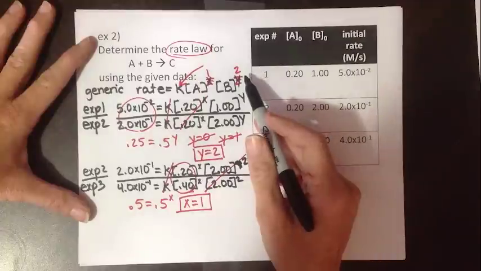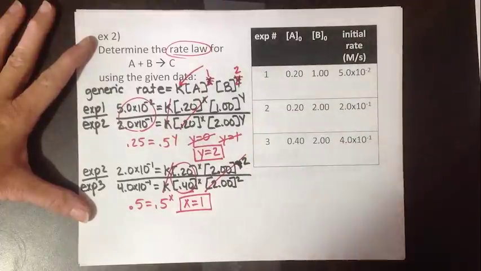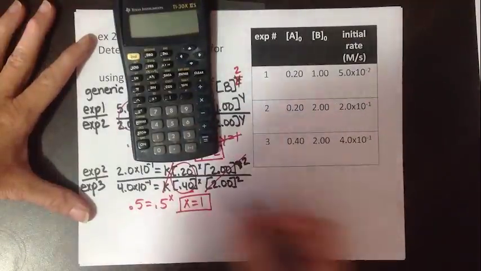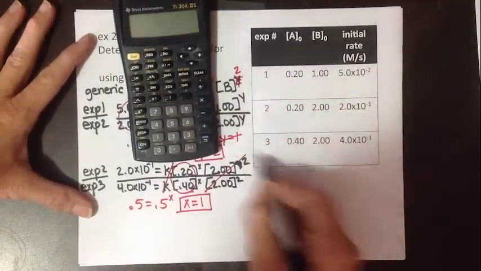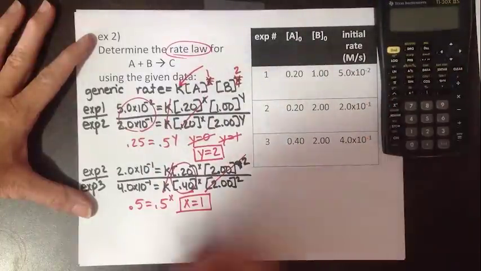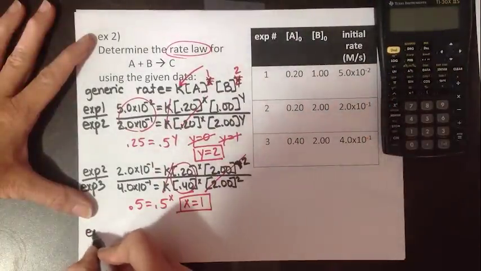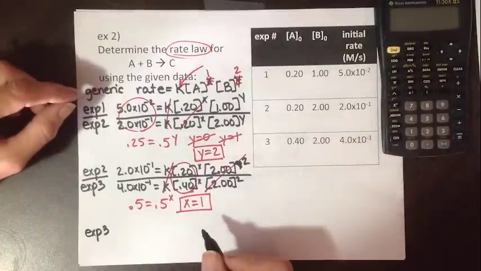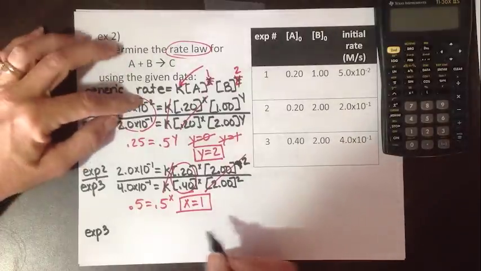So I'm going to pick an experiment. Samantha, should we do experiment 1, 2, or 3? 3. We're going to do experiment 3. Thank you, Samantha. So we're going to plug this in for experiment 3, everything we know. So for experiment 3, I always write which one I'm using so my grader will be able to follow my work. So experiment 3, the rate,